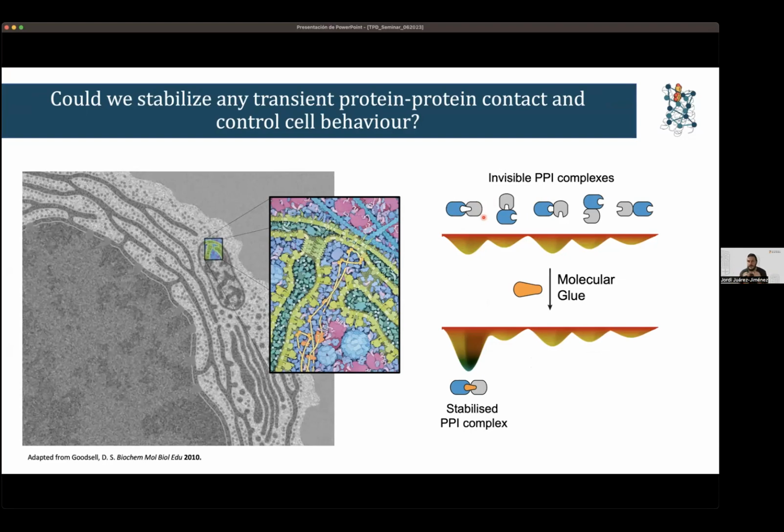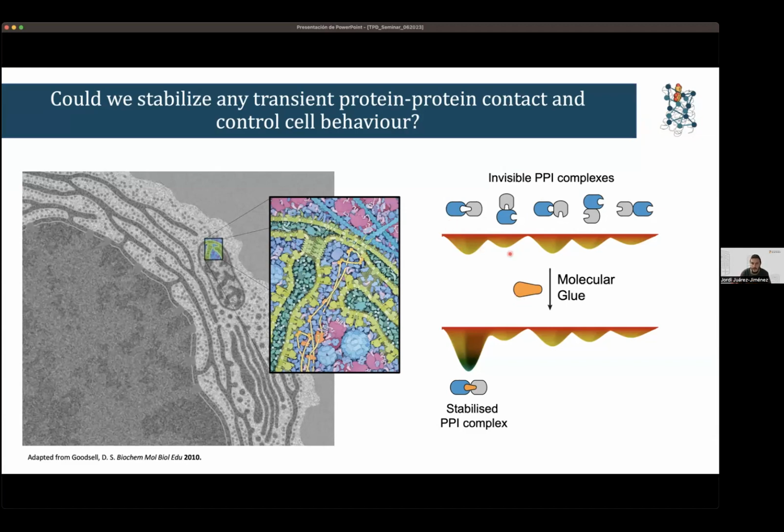The proteins are touching each other, and these transient contacts are very difficult to observe by experimental techniques because they are high in energy. They are not going to be long-lived, right? But nevertheless, they exist, and you can see it because you have molecular glues that stabilize them, right? So at some point, these contacts are forming. These molecules are coming into contact somehow, and